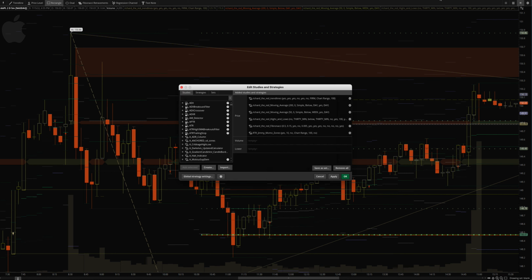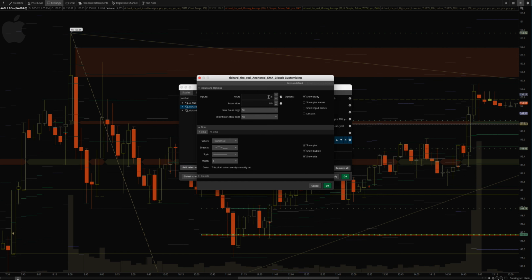One of the other ones that I tend to use is my anchored EMA clouds, and this is based on Ripster's EMA clouds. What I've been doing with them is I changed it to be anchored, which means it's based on a number of hours and not number of bars. And if you want to, I've got a whole other video on this of how to calculate it. If you want a 10-minute EMA on all your charts, you can do that here. In fact, the default of this is a 10-minute EMA, because 1.5 hours is 60 bars of a 10-minute, and so